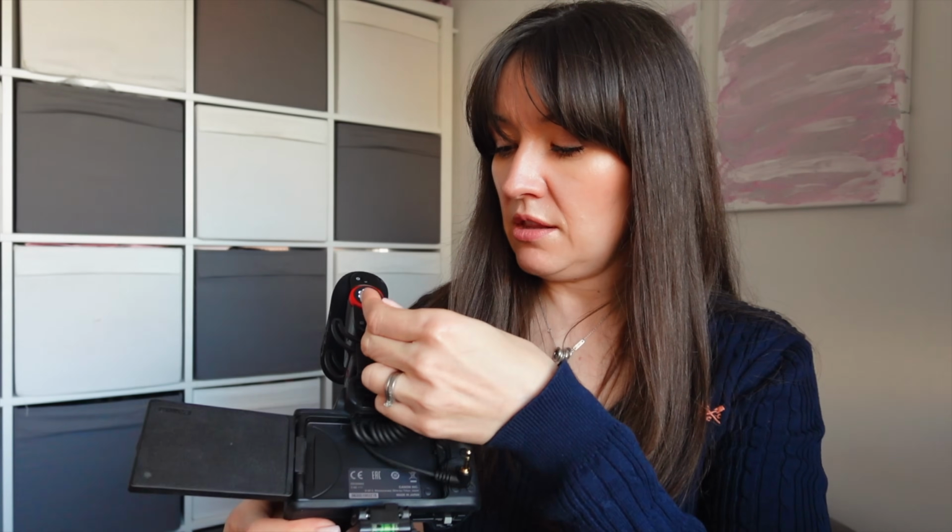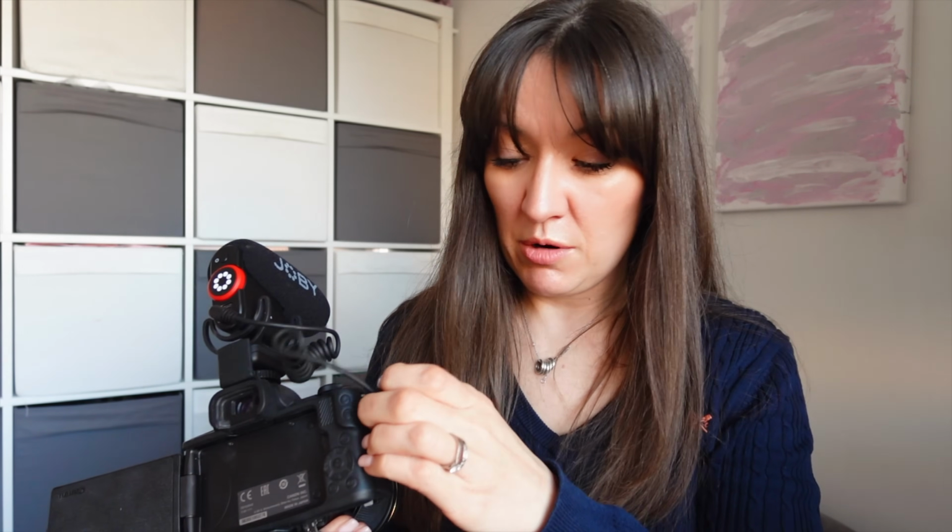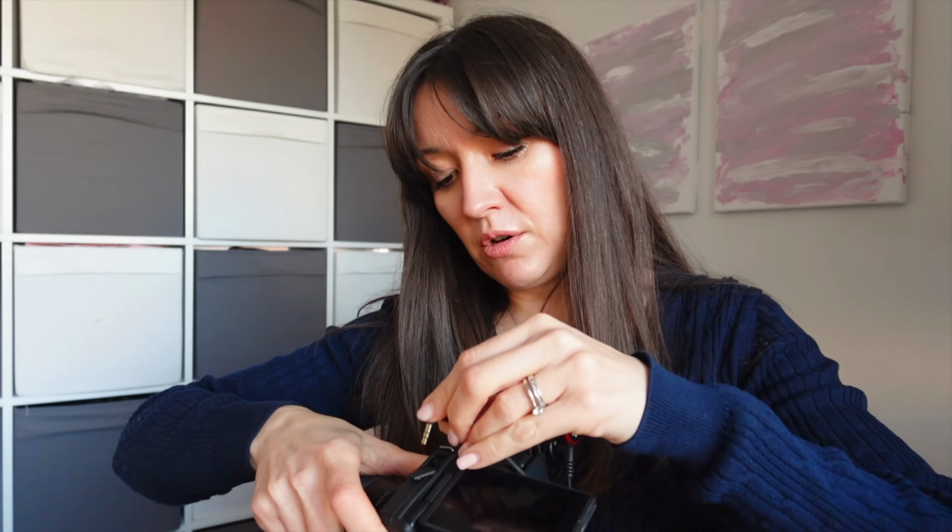Now apparently this will turn on and off with the camera, which is quite clever because there's nothing more annoying. I've got some microphones that have an internal battery, and you have to turn them on and off, remembering to turn them on and off, and that is not always great because, is this flat? It possibly is. Oh no, I just,